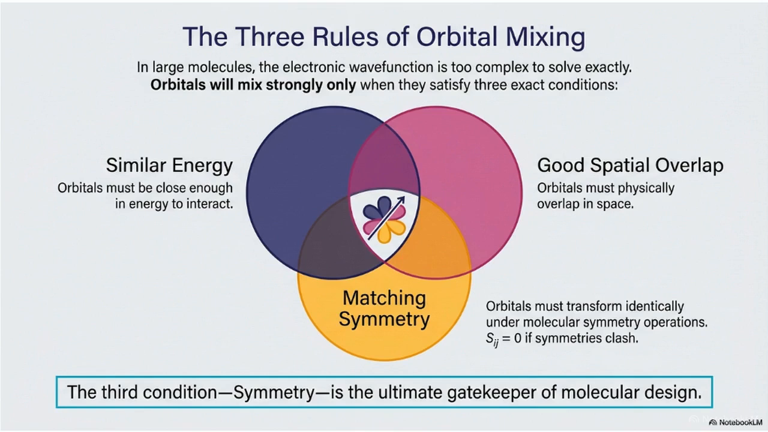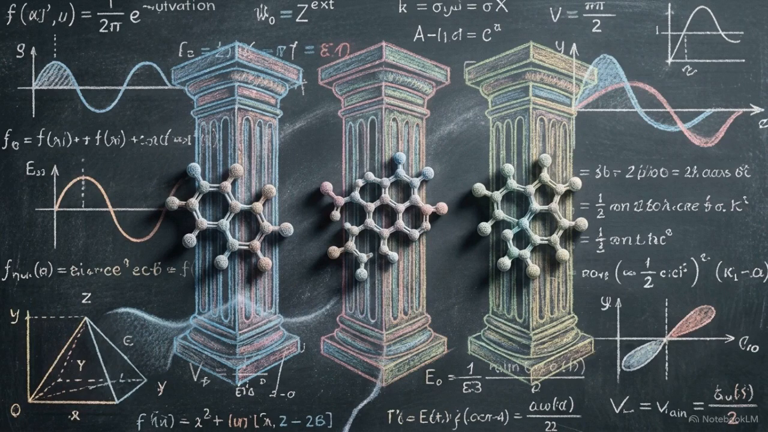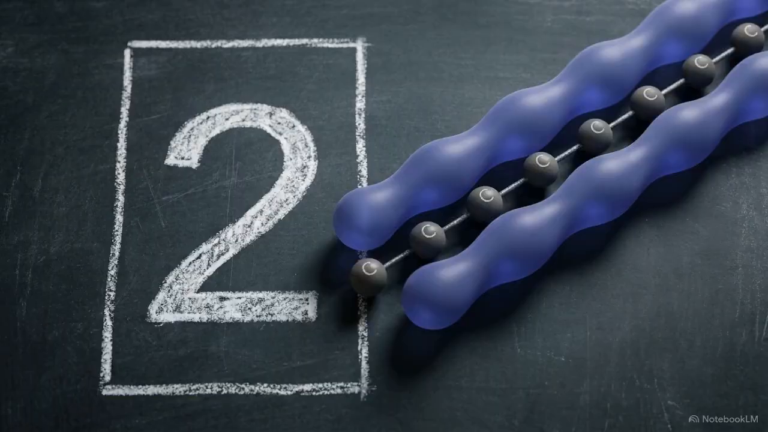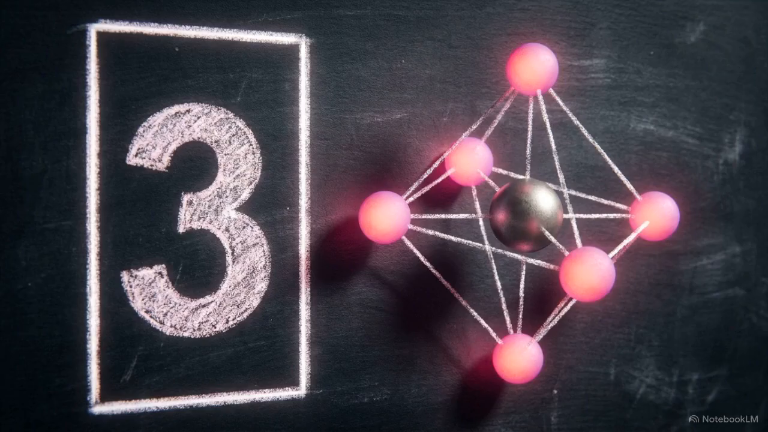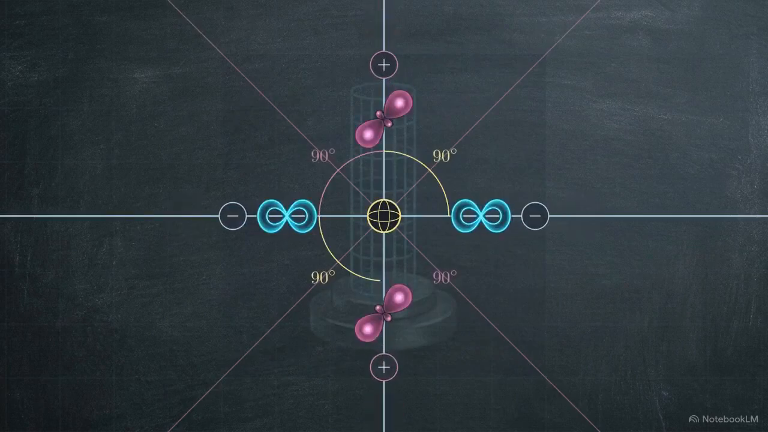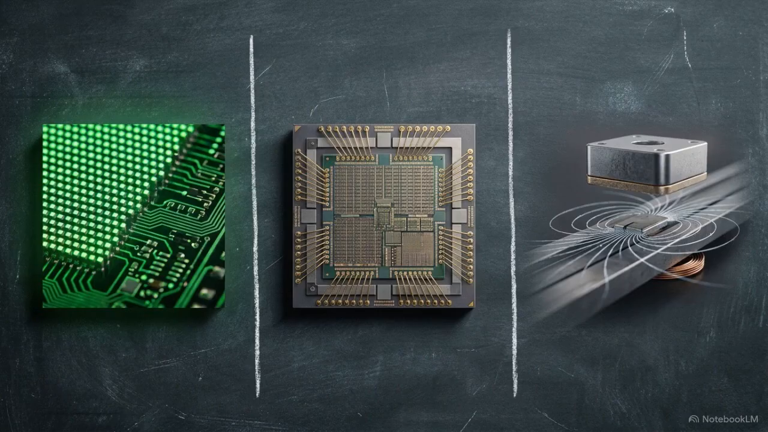Orbitals must be close in energy and physically overlap in space. The final condition is the ultimate gatekeeper, matching symmetry. If spatial symmetries clash, they will not interact. We will explore the three structural pillars that leverage this symmetry requirement to engineer physical properties: symmetry-adapted linear combinations, conjugated pi systems, and ligand field theory. Understanding molecular symmetry provides the exact mathematical rules that are required to design the color, magnetism, and conductivity of modern